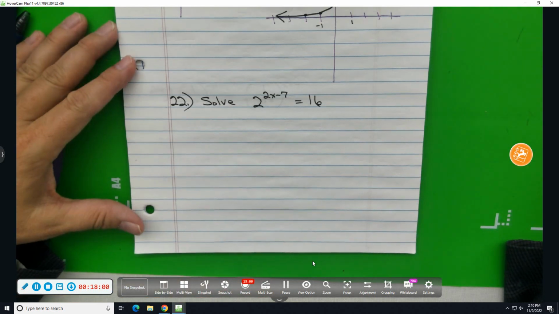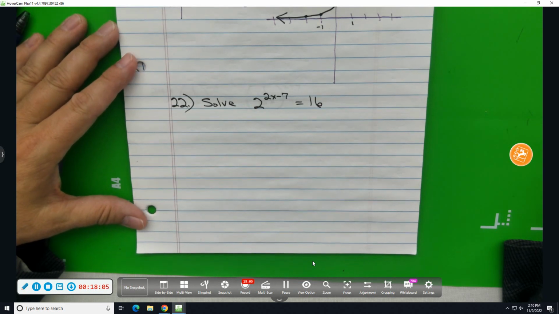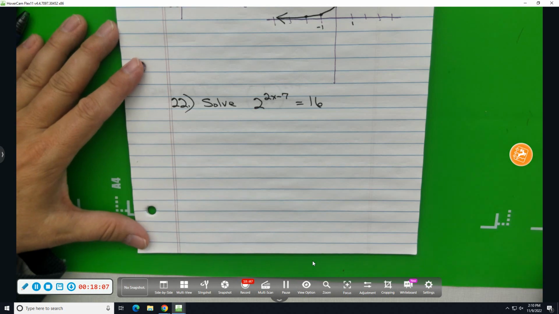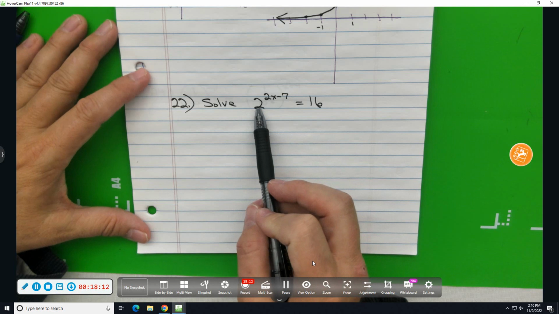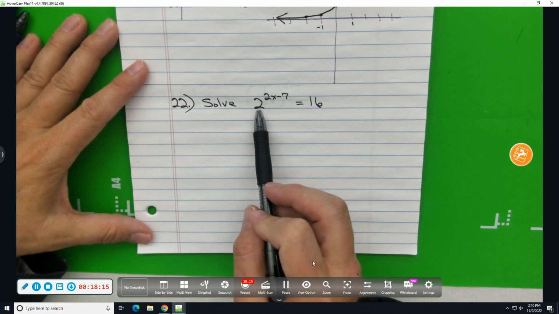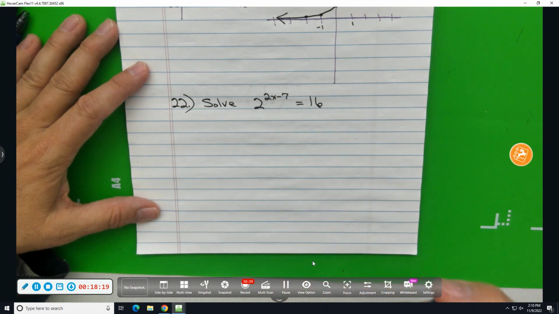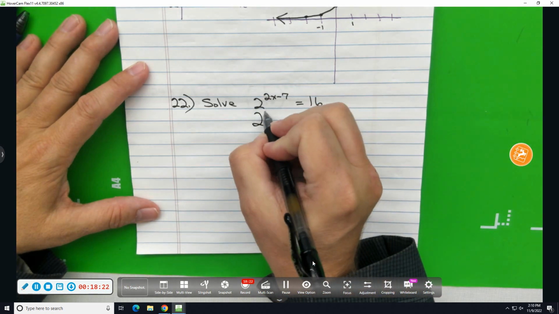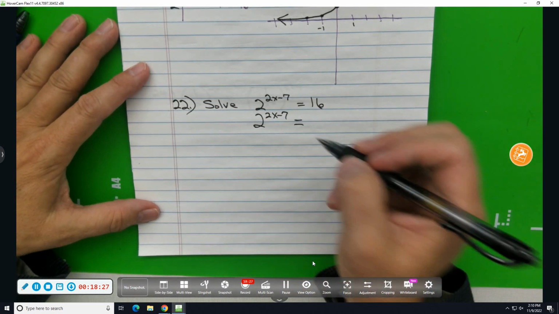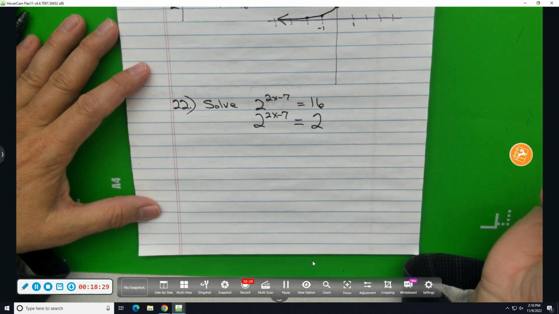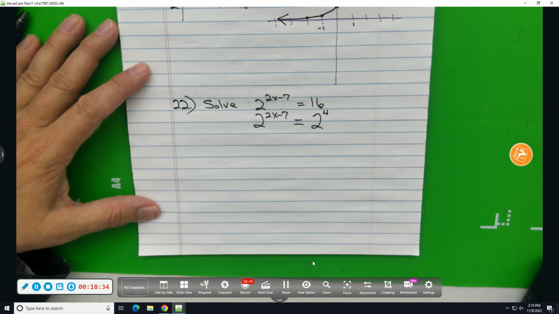when we're using the same base method, we need the same base on both sides, and then you can drop the base and set the powers equal. Well, 2 is the base on the left side. 2 is a prime number. You don't want to change that 2. That means you better be able to write 16 as 2 to a power. So we have 2 to the 2x minus 7 on the left. 16. 2 to what power will give you 16? Don't say 8. 2 to the 4th power. 2 times 2 times 2 times 2